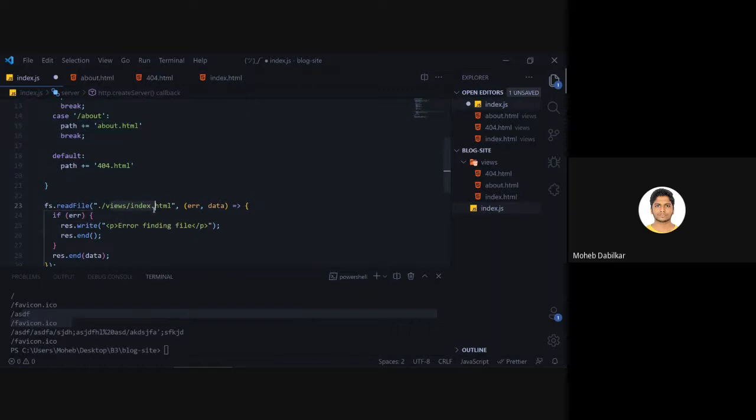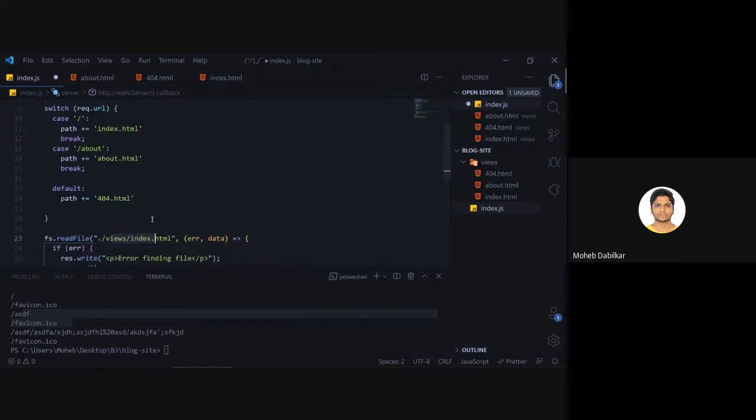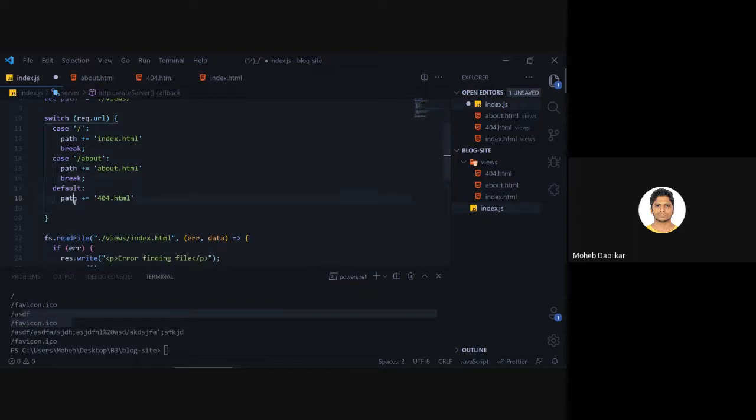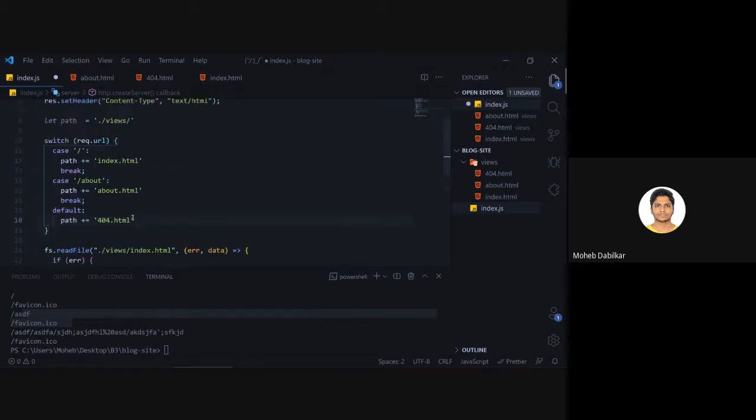Now that we have done this, depending on our path, we need to send it, right? So let's just pass in this path.